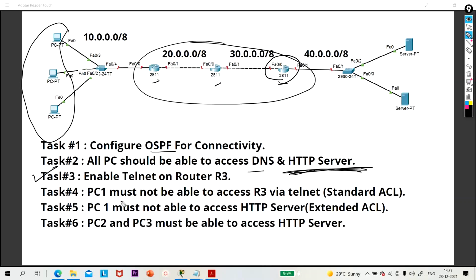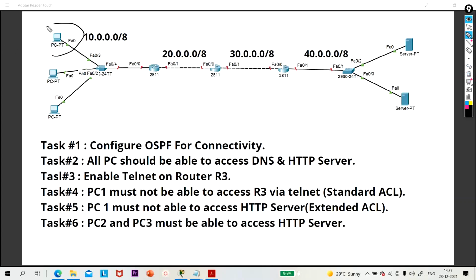Now task 4 is PC1 must not be able to access R3 via Telnet. So PC1 will not be able to access R3 via Telnet, and you should configure extended ACL to achieve this task.